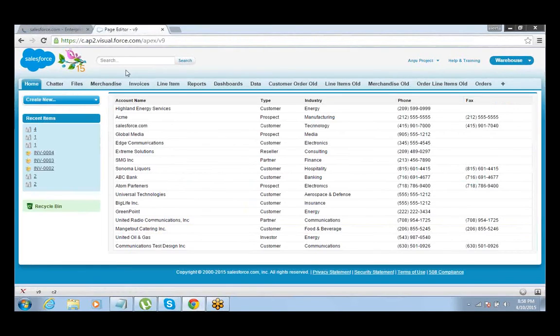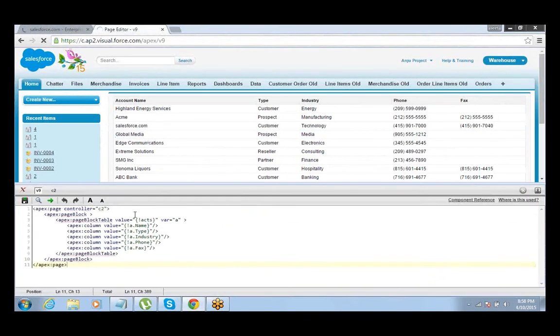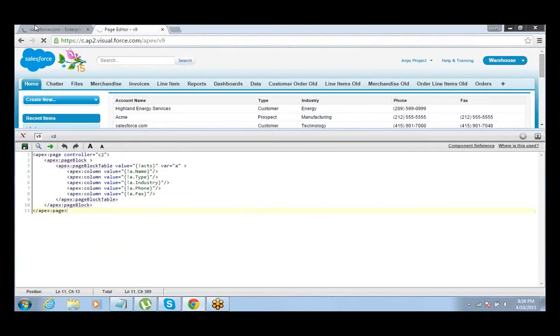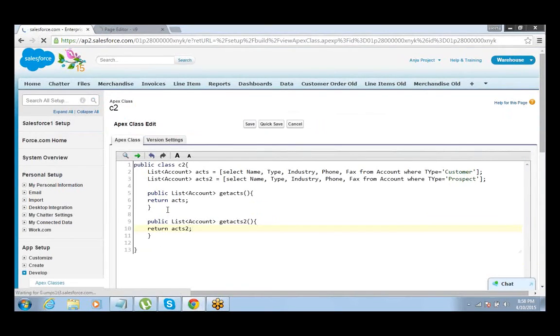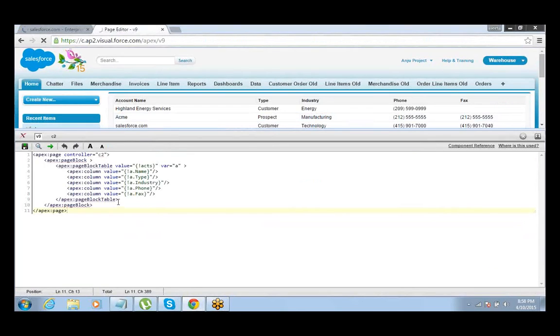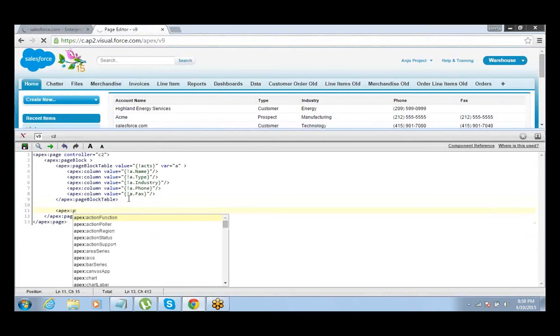Alright, now in the Visualforce code, so now in the Apex code, I have two different variables and two methods for them, okay? And on the Visualforce, I will create two different tables. So apex page block table.